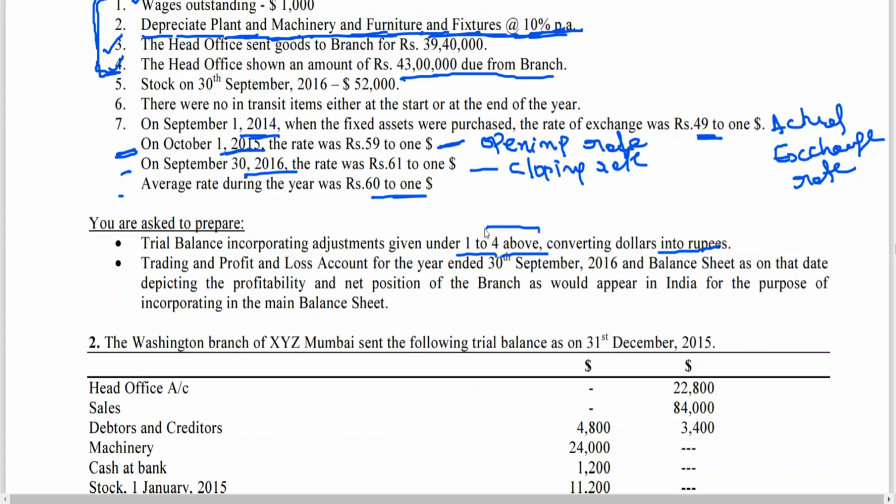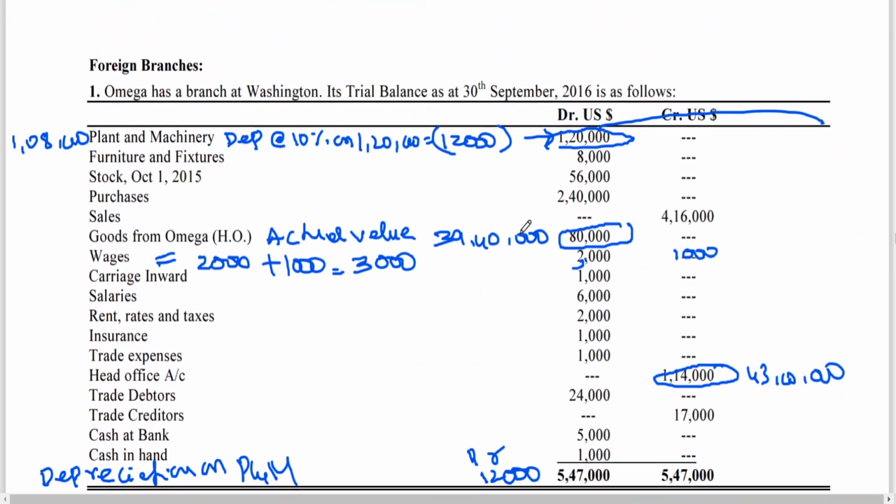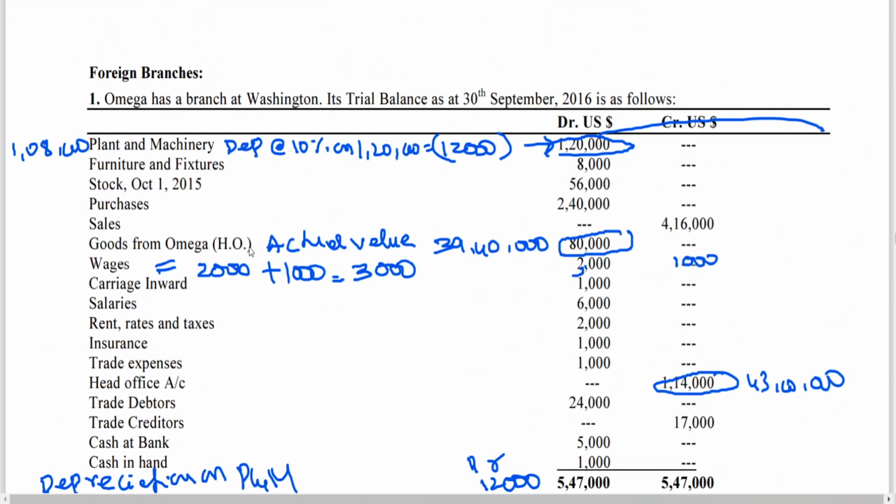If incorporation is missing, then what will be there? The trial balance has to be converted from dollars into rupees. Then what happens? Even then these two items will appear. Which one? One and this one, actual. Whether you incorporate or you don't incorporate, this will be the same. But in such a case, outstanding wages we need not show here, and for the plant and machinery, no need to calculate depreciation. Since as per the instruction of the problem, I am going this way.